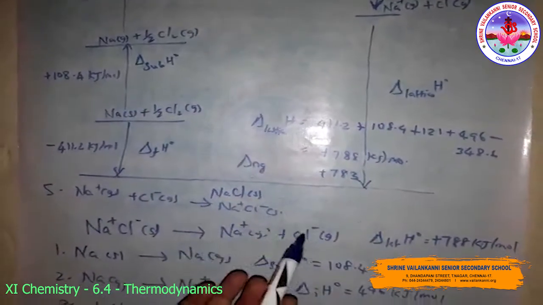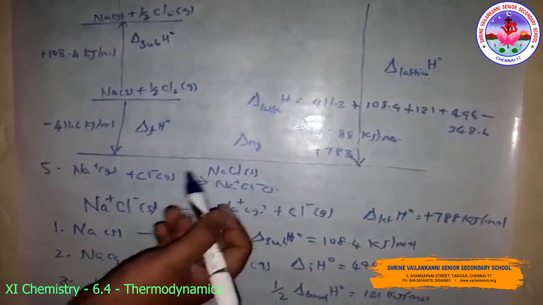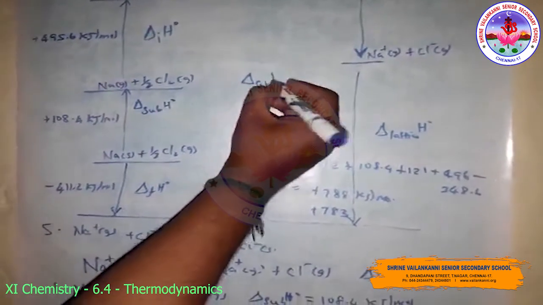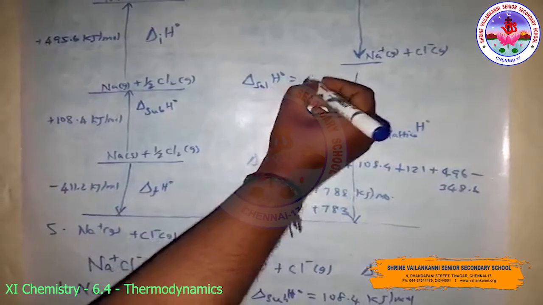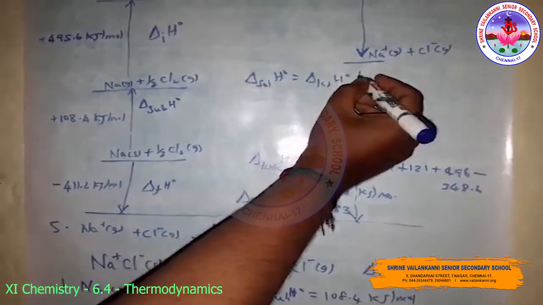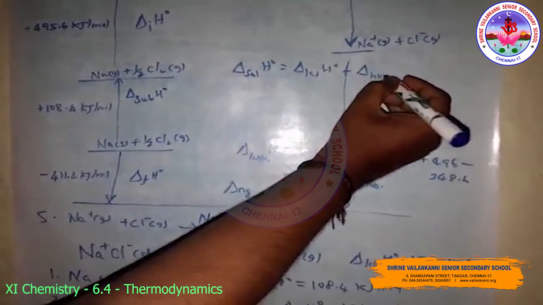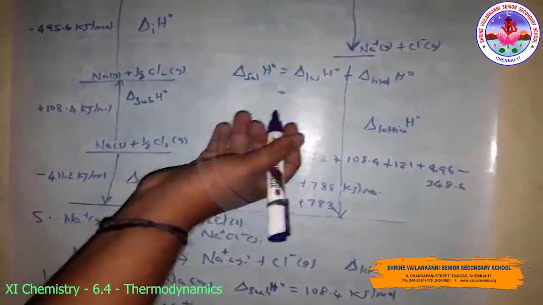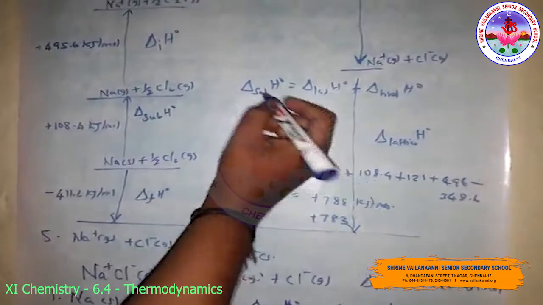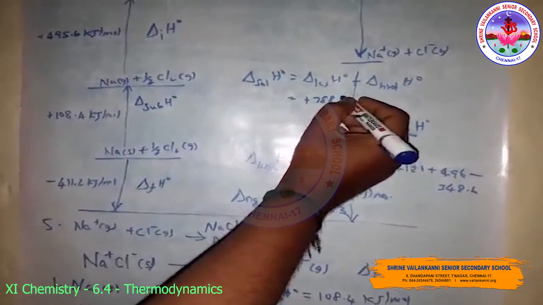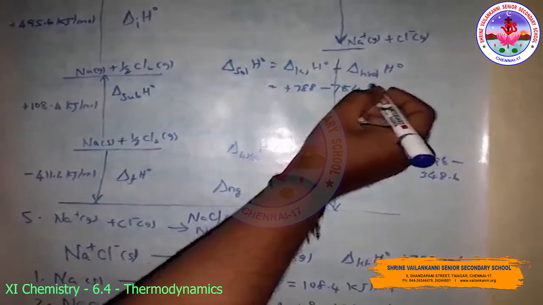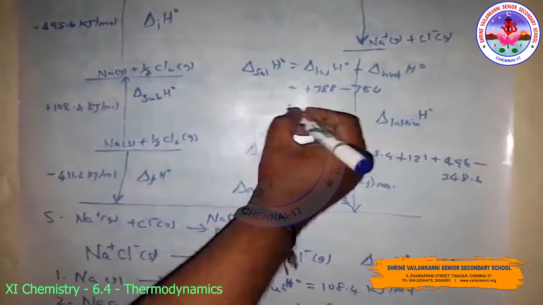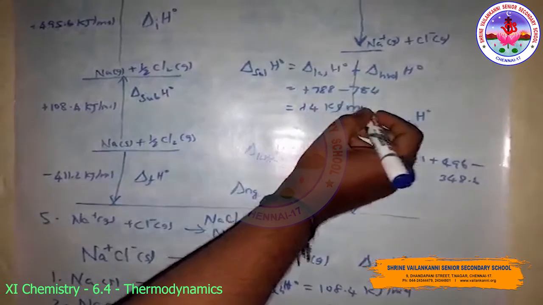Now we use the value of the lattice enthalpy to calculate the enthalpy of solution from the expression. The expression is: enthalpy of solution is equal to lattice enthalpy plus hydration enthalpy. The value for sodium chloride, that is 1 mole of sodium chloride solid, is 788 minus 784 kilojoule, from the literature. So you will get plus 4 kilojoule per mole.